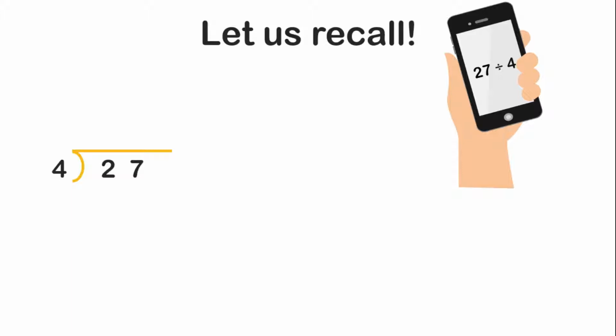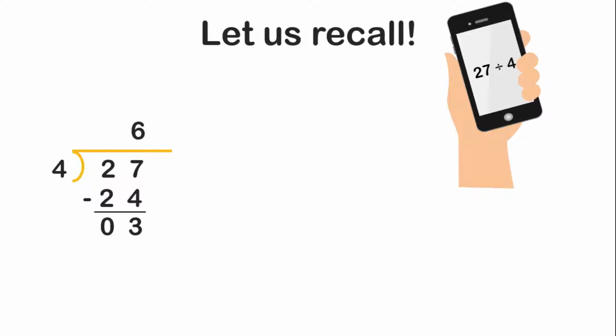So I write the tables 6. So 4 6s are 24. So I write down 24. Now once I have done this, what I need to do is subtract this 24 from the 27. So I add the subtraction sign and I draw a line in order to subtract. Now I know 7 minus 4 gives me a 3 and 2 minus 2 gives me a 0. So I am done with this section. Now this is how we divide numbers. This is what you already know from standard 3.